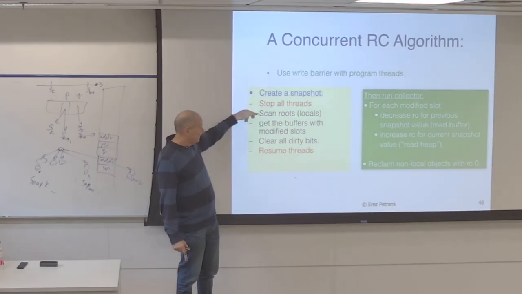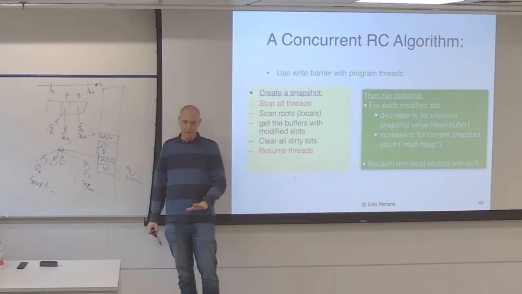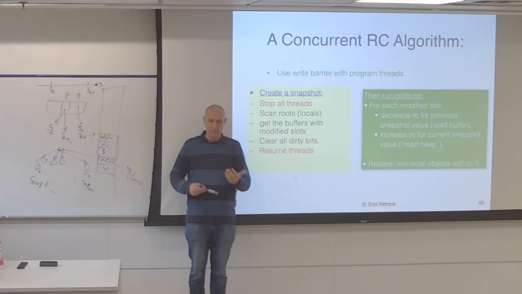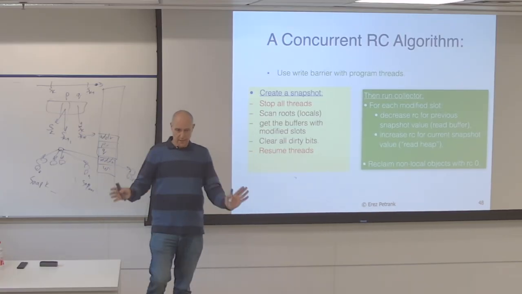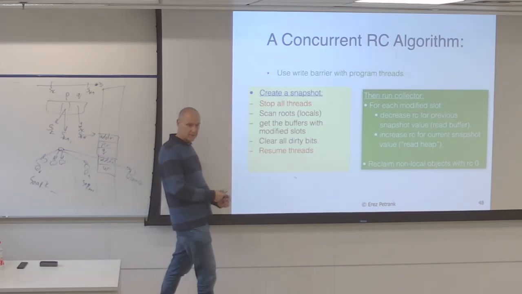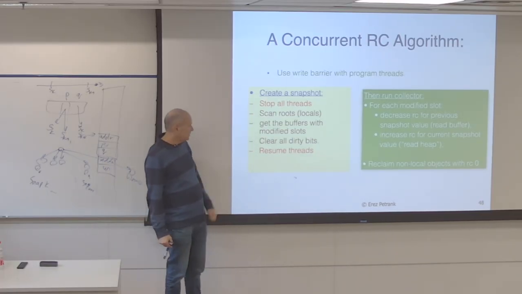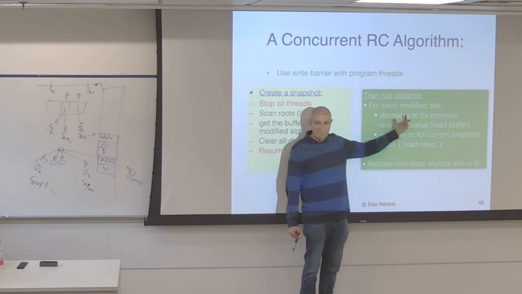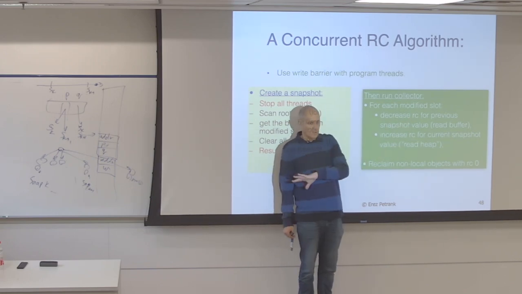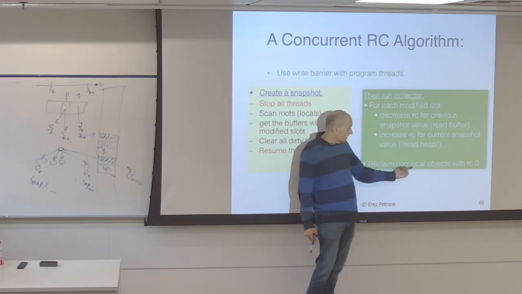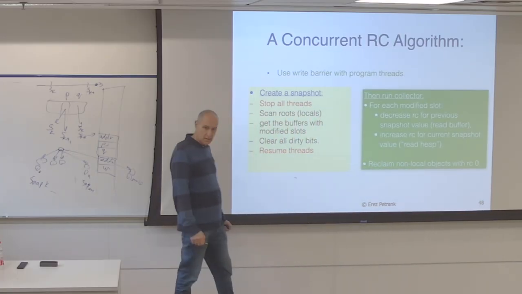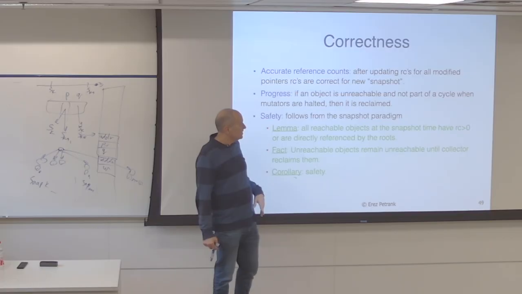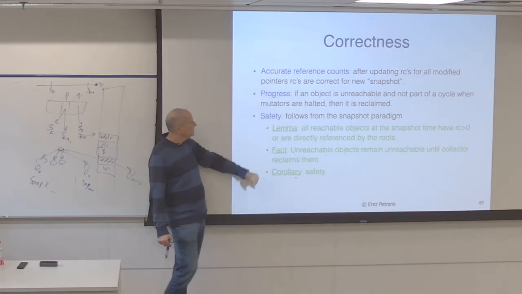If I do that, I scan the roots while it is stopped, and then I get the buffers and clear all dirty bits. It means that the write barrier starts from scratch, and everybody will tell me when anything is modified, and it will give me the previous values as they were in the snapshot. So here I just need to decrement the reference count, like we said. For O0 decrement, for ON I increment the reference count, and then I can reclaim all objects that are not local. This is okay, and I get an accurate reference count for the snapshot after I update all the modified pointers,